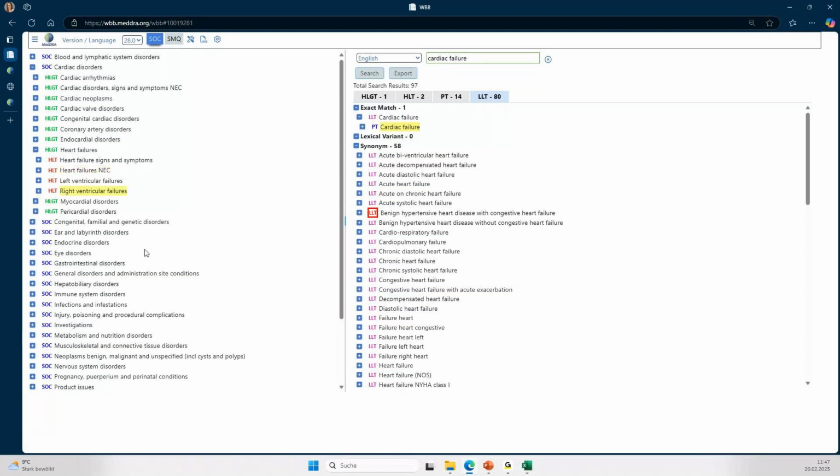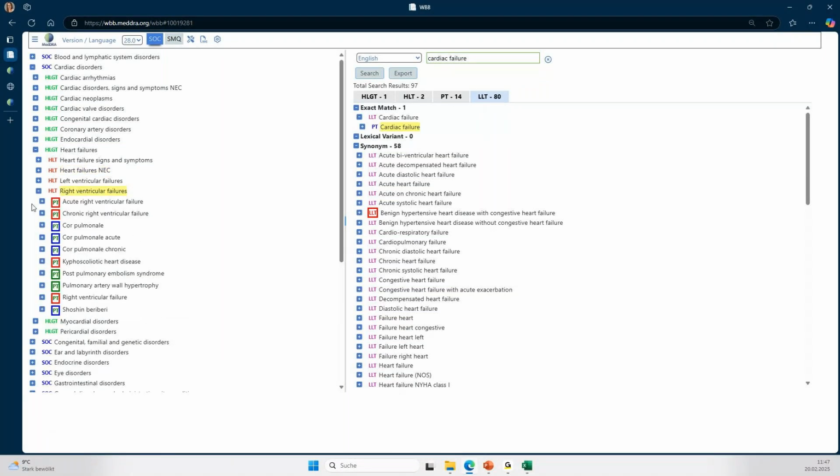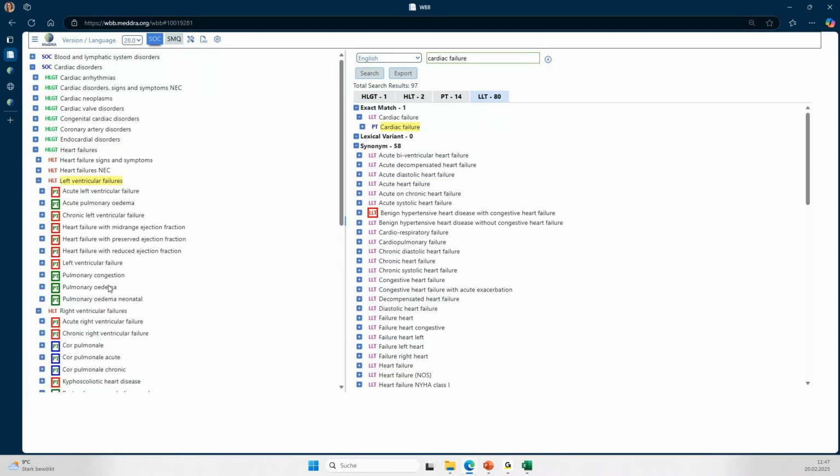I think the right ventricular failures, we have lots of PTs which are relevant, some which I would not have searched for. Shushin beriberi. It's not really something I know. We also have the left ventricular failures. We see a lot of those. And here you also see a neonatal term. So if your drug is just used for adults, you might consider not to add it, but why not? We already see that ejection fraction is important for heart failure. So maybe that is our next search,